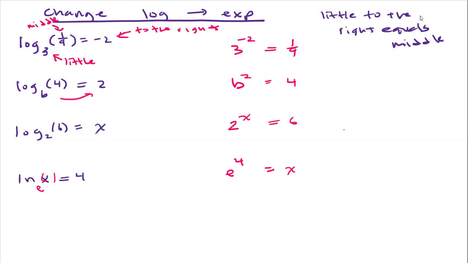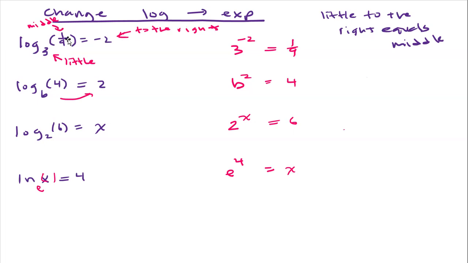So we learned this little saying: little to the right equals middle. If you have a log function just like this one, log base 3 of 1/9 equals -2, we can rewrite it from a log function to an exponential. So the base 3 is your little, okay? To the right will be the power, 3 to the -2, and